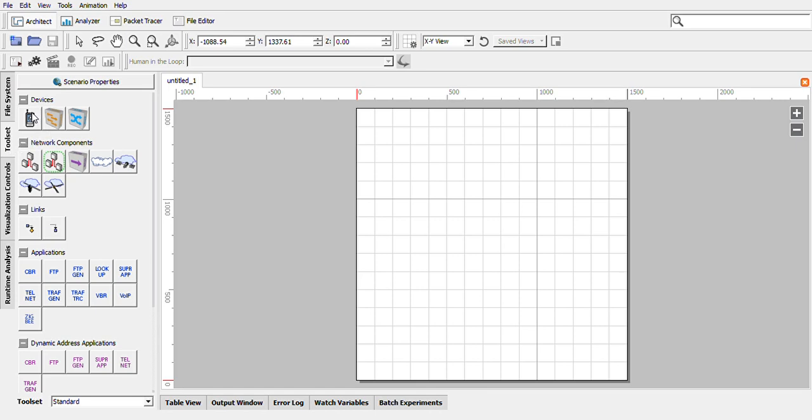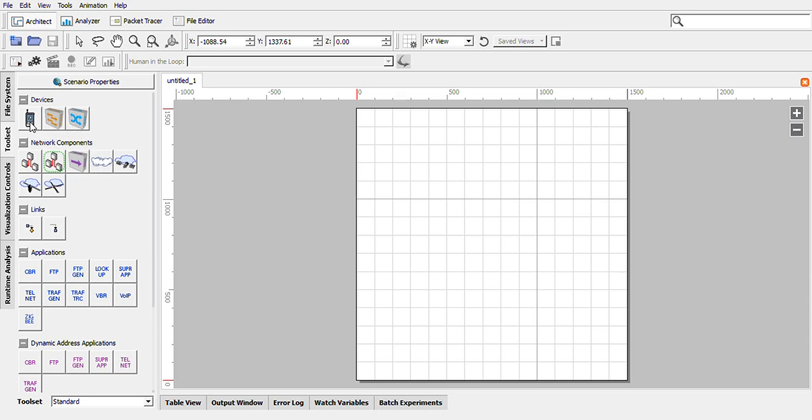The toolset has many sections. You can use devices, and if you want to get an idea about a node, just place the mouse pointer on it and you can understand what that particular device is. This is a switch. Just point to a particular device and you will get, oh, this is an ATM switch. And if you need a wireless network, there is an icon called cloud. Most of the experiments we will use either a hub or a switch. This is the hub, and this is the wireless network.